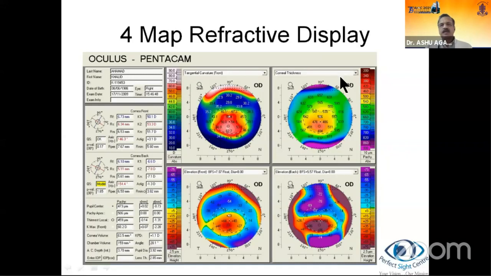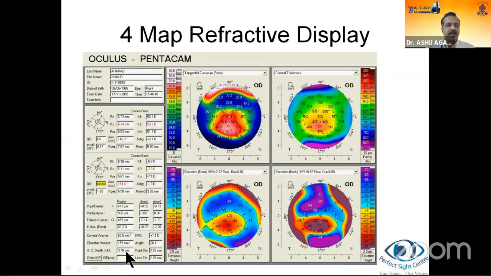So how is the data presented? There are various display formats. The commonest one being the 4-map refractive, where you have the front surface, the back surface, the corneal thickness, and the tangential or the curvature map. And here you have the identification data. This is the corneal front surface keratometry values and the astigmatism and the axis at which it is, the corneal back surface. Then you come to the pachymetry, which is there, the center, the thinnest, and the local point, and